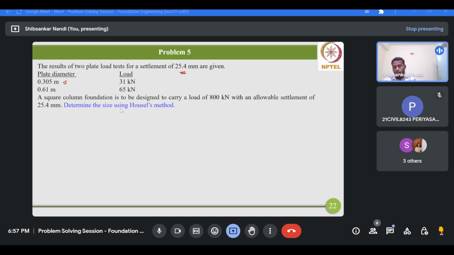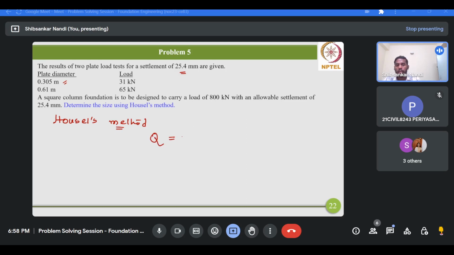Now how can we solve this problem? To solve this problem, first you have to know about this method, Housel's method. Housel's basically provided one equation considering the perimeter, cross-sectional area, load and two coefficients. So he has given the load of a plate, Q,